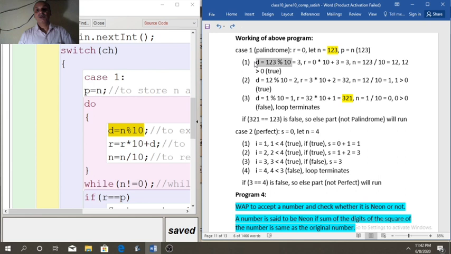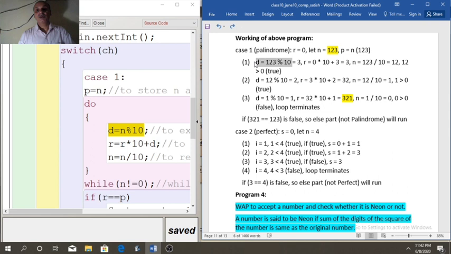After that, r equal to r into 10 plus d. This is the logic to reverse. So here you can see, in the beginning r is 0. So r equal to 0 into 10 plus d, that is 3. So after adding it we will get 3.